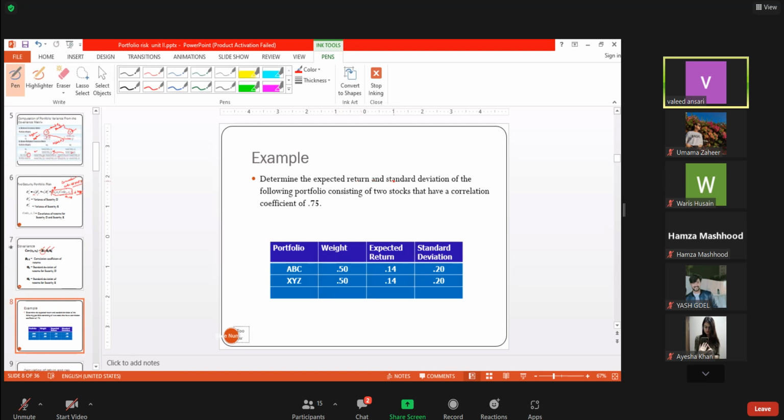Determine the expected return and standard deviation of the following portfolio consisting of 2 stocks. The correlation coefficient is 0.7. Covariance is not given, but you can calculate it. It's not a big issue. You are aware that the correlation is nothing but covariance divided by the product of standard deviations. So for example, if ABC and XYZ are given as 0.4, 0.2, 0.2, then you multiply by 0.7, then